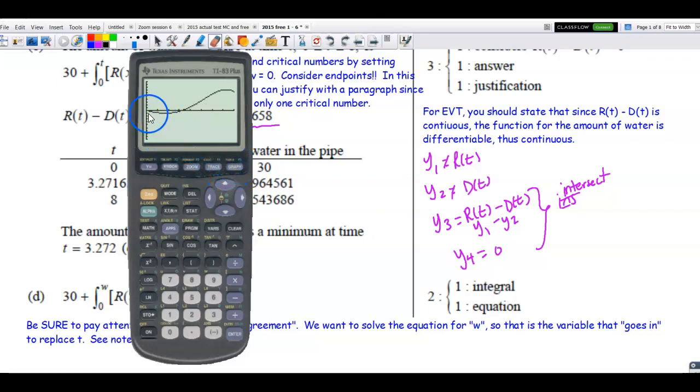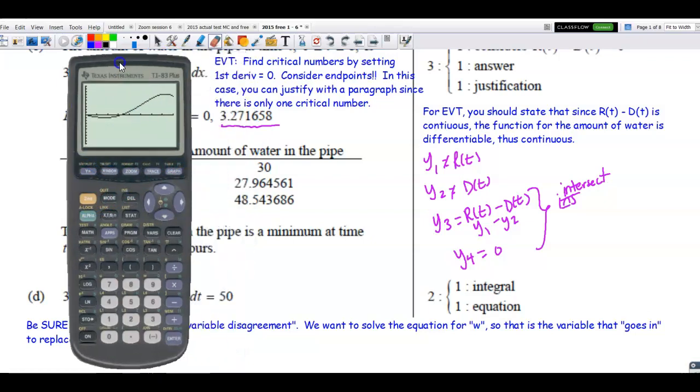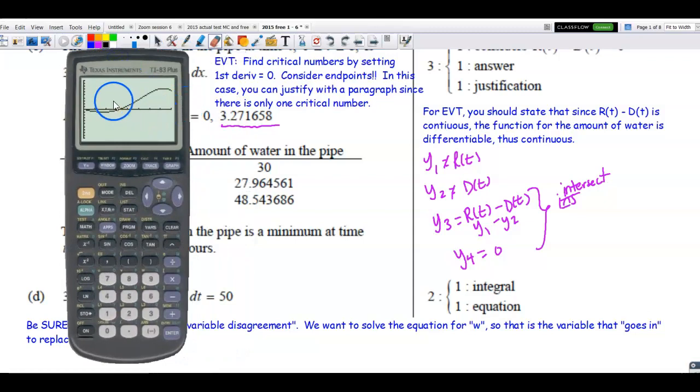I set up my window to start at 0 and to stop at 8, since that's the window that they gave me, and I found the point of intersection right here to be exactly what they had, 3.271658. Now, I did not store that number in my calculator because I want to talk to you about the